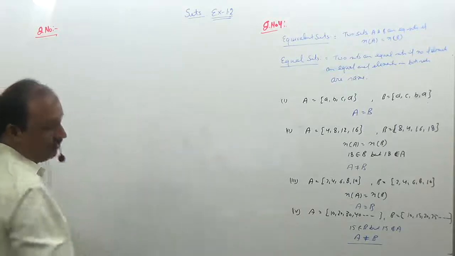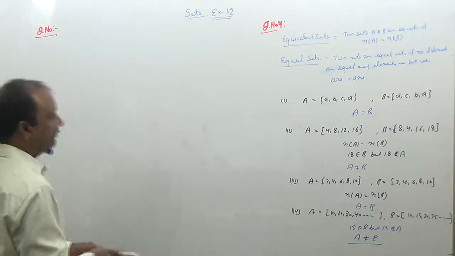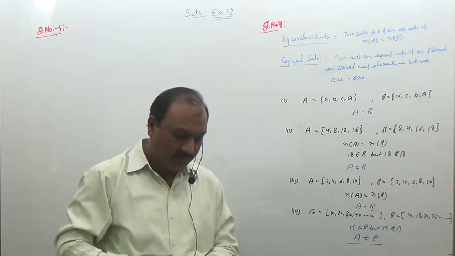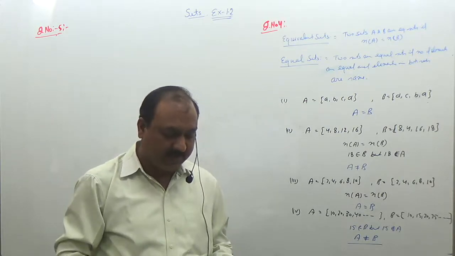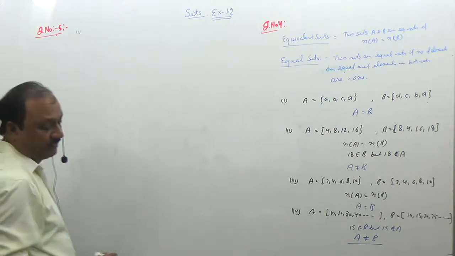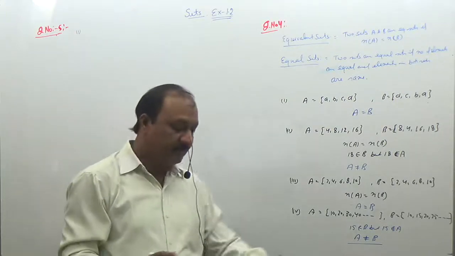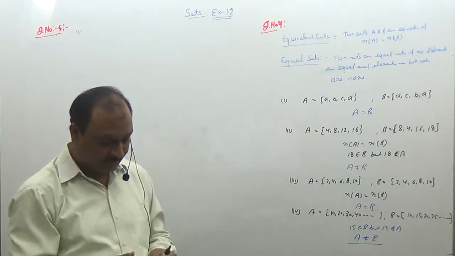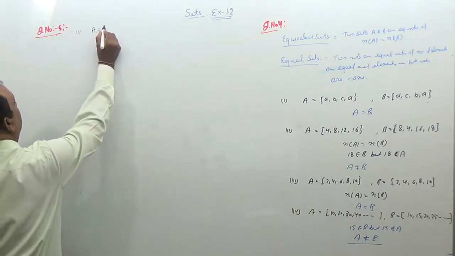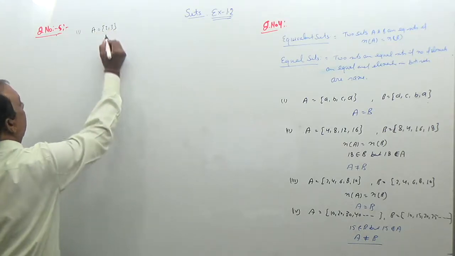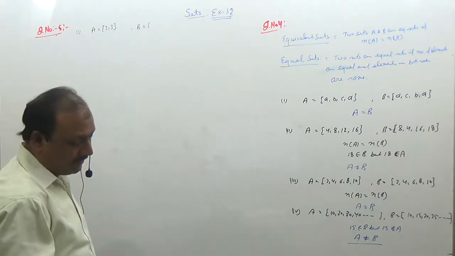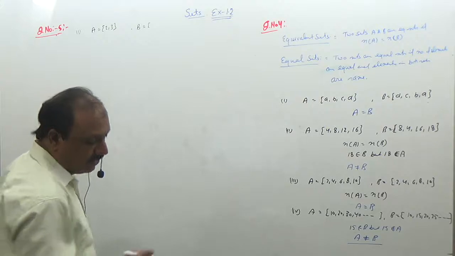Next is question number 5. Are the following pairs of sets equal? Once again, first part is, we want to show whether these two given sets are equal or not equal. Set A contains the elements 2 and 3. This one is set A which contains 2 elements, 2 and 3. And there is another set B, x such that x is a solution of